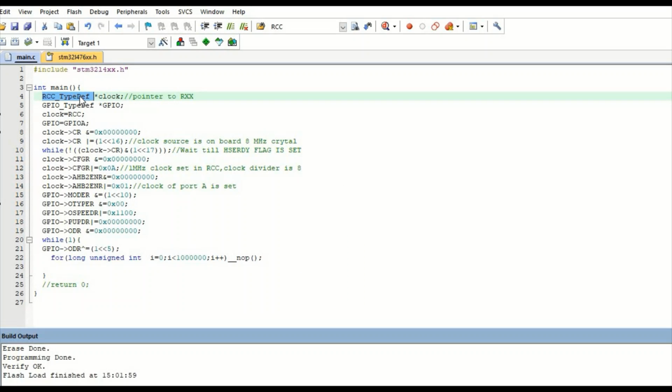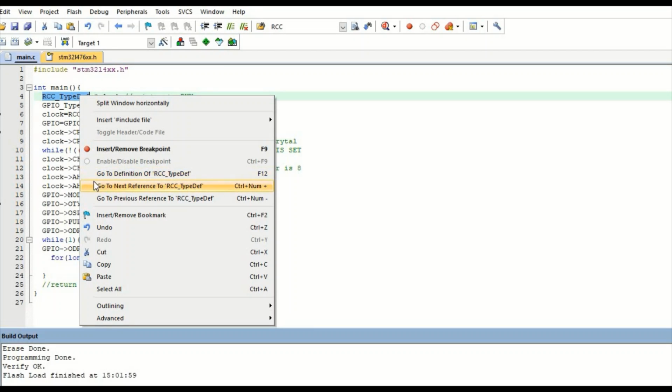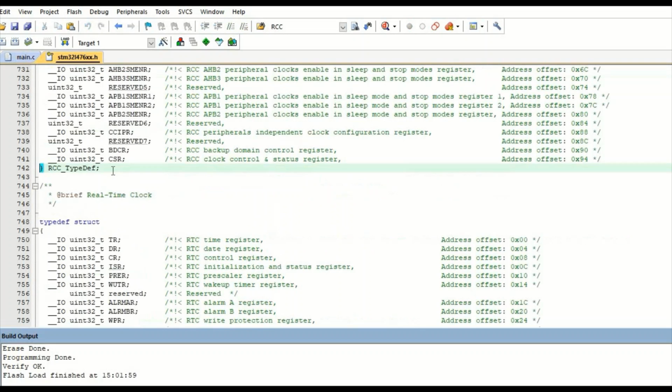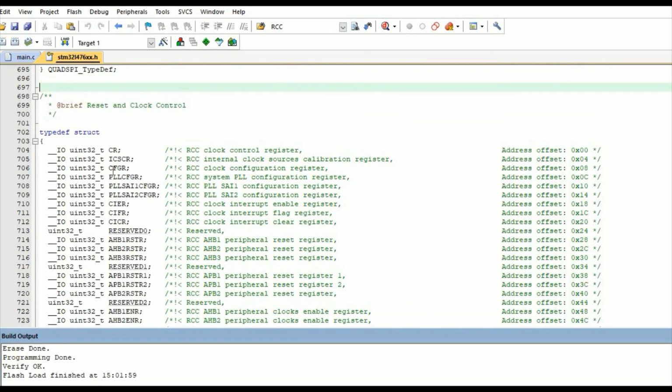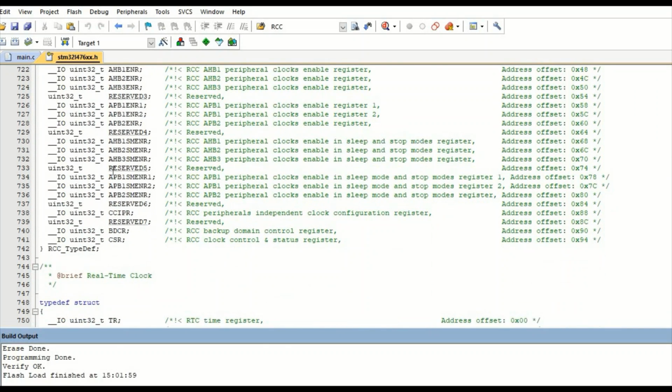So it is showing some problem. We can try Go to Definition. Now we are here in the source file. This is the structure we are looking for. Look, RCC_TypeDef, its variables.